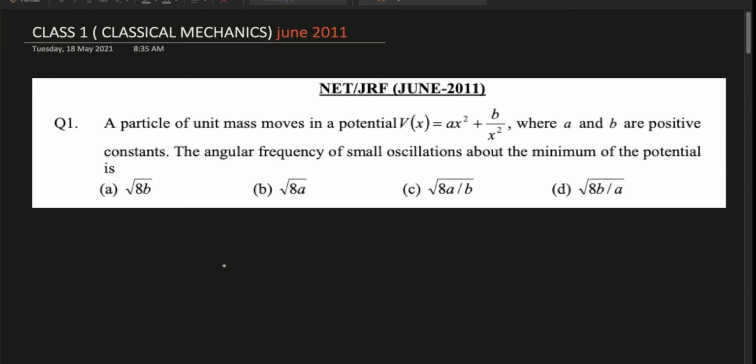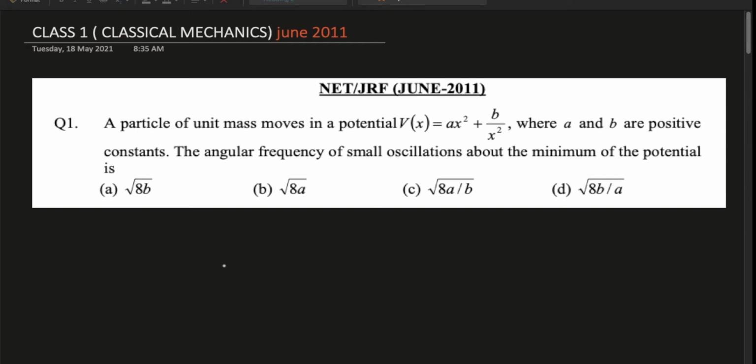The question pattern has not changed widely. Every year the pattern of the question changes a little bit, but it's not varied widely. So you can guess that if you can solve the previous year problems thoroughly,